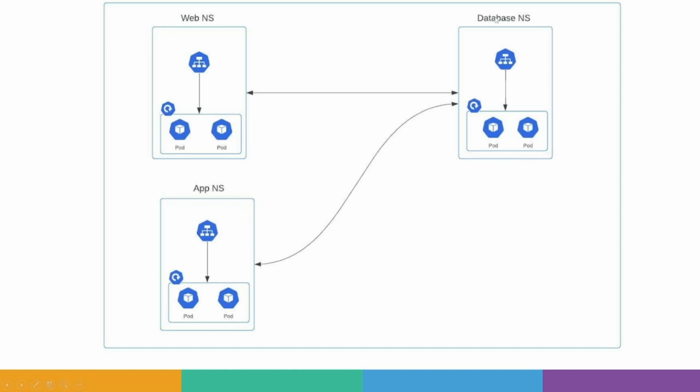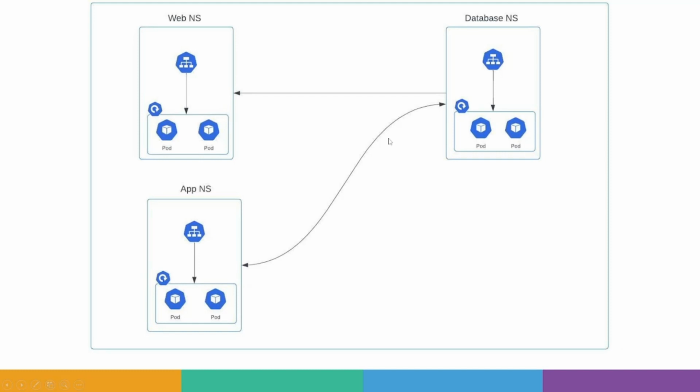As discussed, we have 3 namespaces: web namespace, database namespace, and app namespace. So what we have to do currently, all these namespaces can talk to each other, but the requirement is we need to only deny the access from web tier to database namespace. Okay,